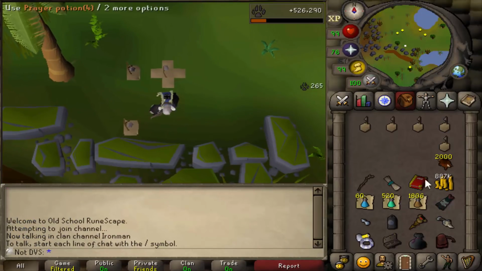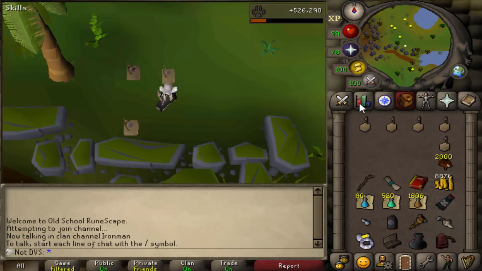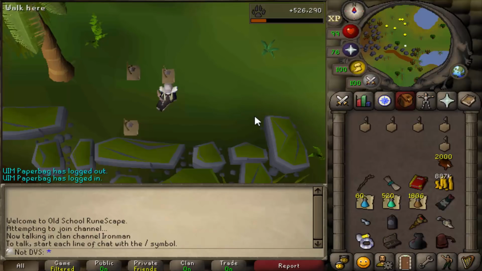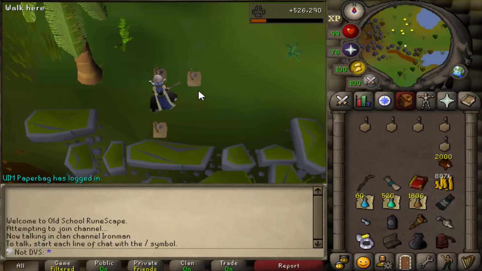There we go, 2,000 total red chins. I did decide to go for the maximum I mentioned before. I don't want to get like 20k XP to 70 and have to come back here. So I got up to level 85 Hunter. We're at 1997 total now. And I did also get about 110k XP per hour here, which honestly outside of the private area isn't too